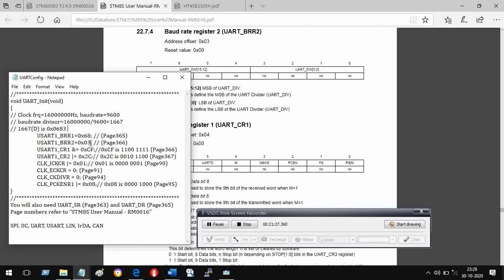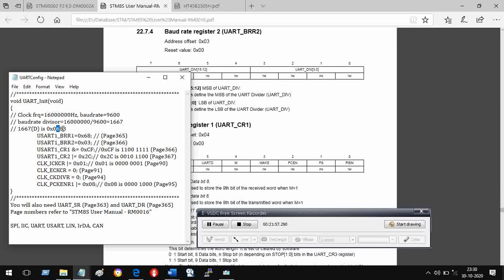So BRR2 should contain 0, 3, 0 from this nibble and 3 from this nibble. And what should BRR1 contain? It should contain bits 4 to 11. So this 8 represents the nibble bits 4, 5, 6 and 7, and this 6 represents bits 8, 9, 10, 11.